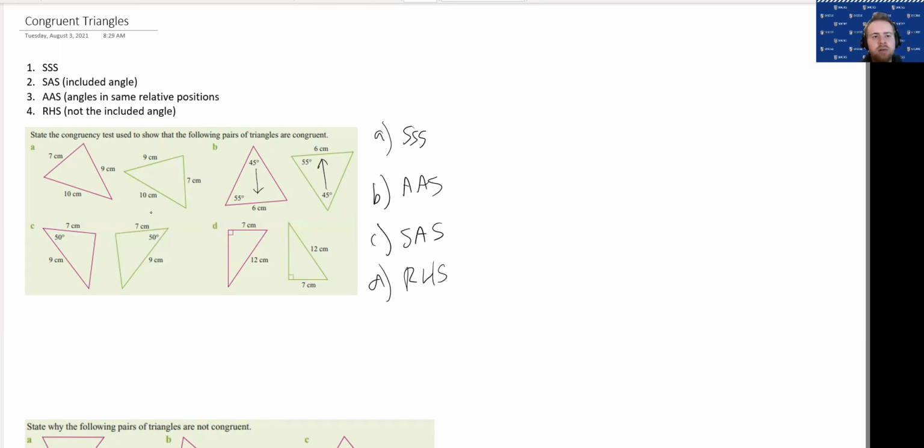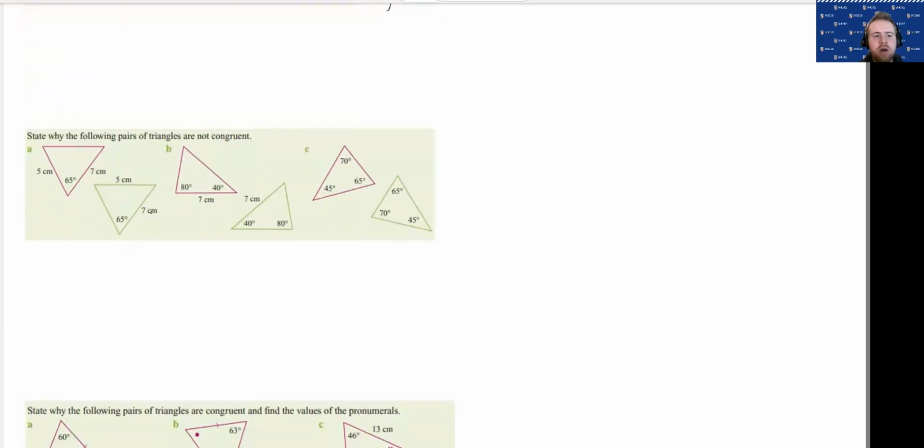Okay, great stuff. Now, moving on, state why the following pairs of triangles are not congruent. So this is testing whether we understand the conditions for each of these tests that we've just done. So for A, the way that I would answer this question is I would say the angle is not the included angle